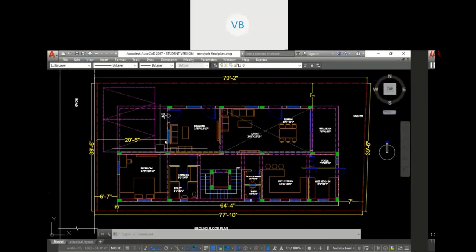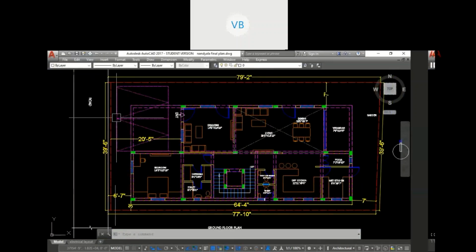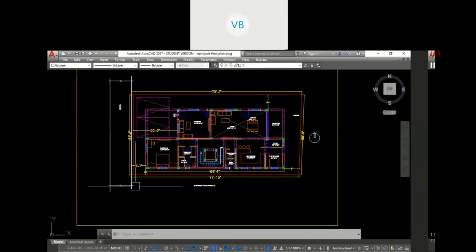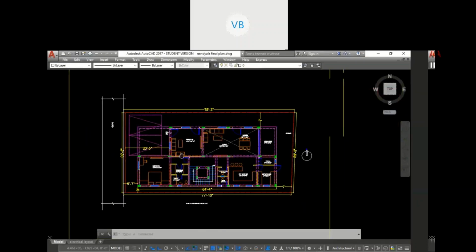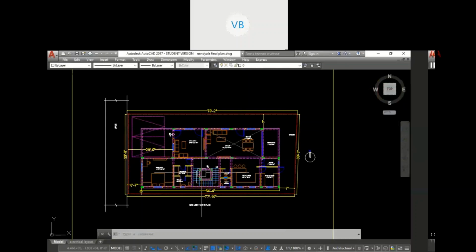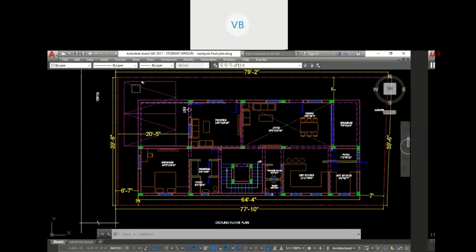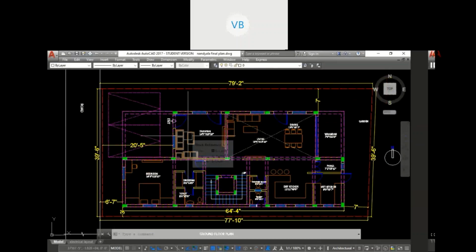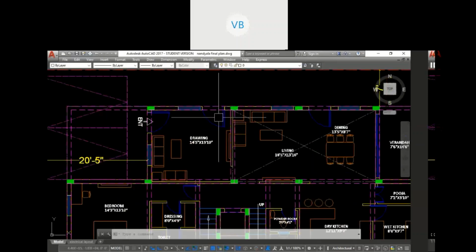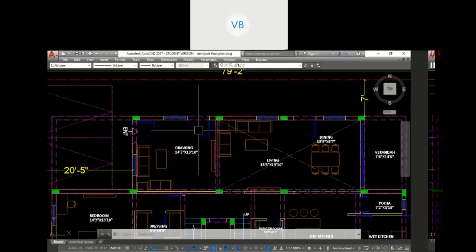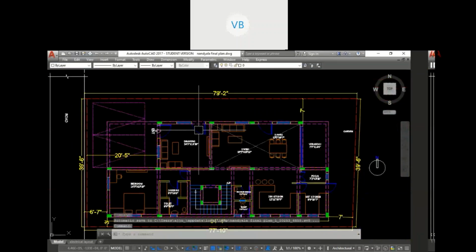So we are only going to work on this west side elevation, the west side elevation of a residence. This is a proposed residence on which we have worked, and we have already developed this west elevation. I'm going to draft this elevation again in SketchUp, and I'll show it to you step by step so you understand the process from the beginning. First, delete all the layers which are not necessary.